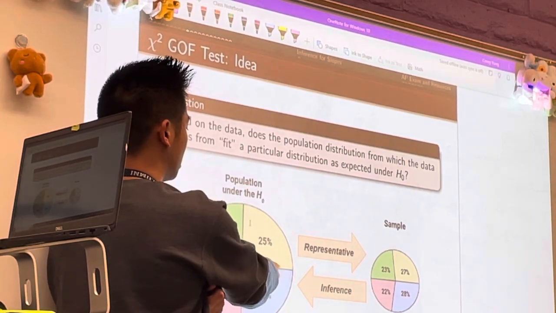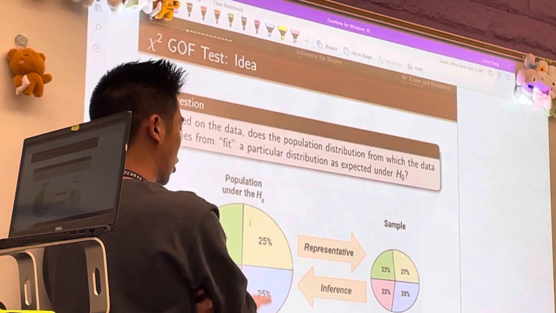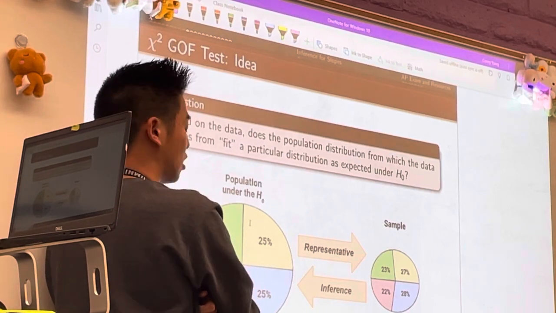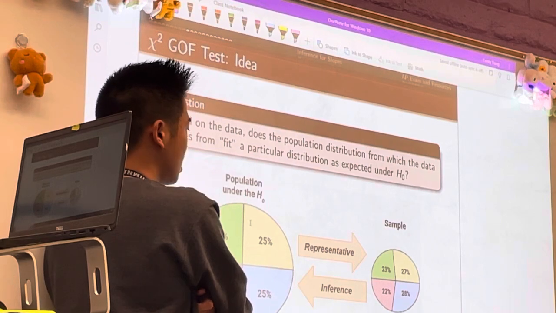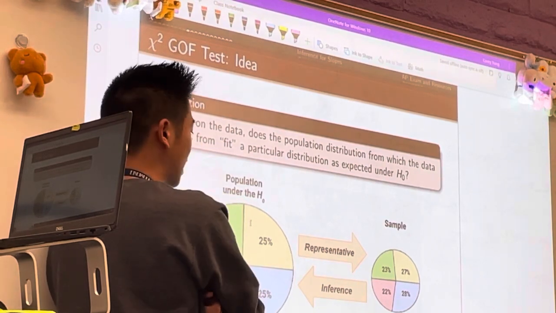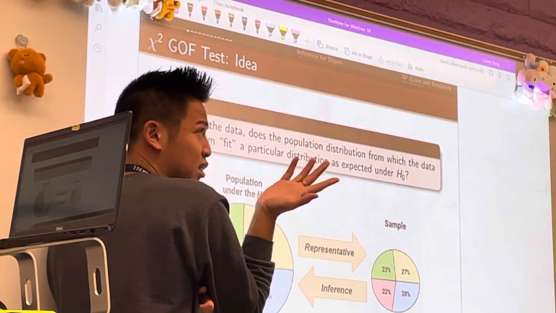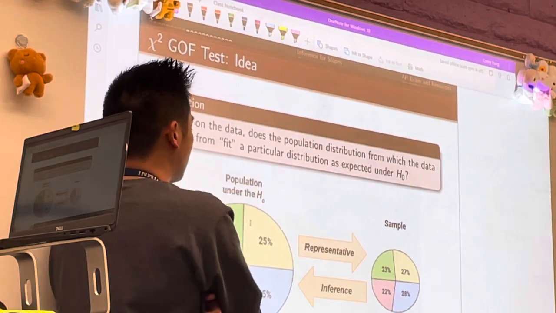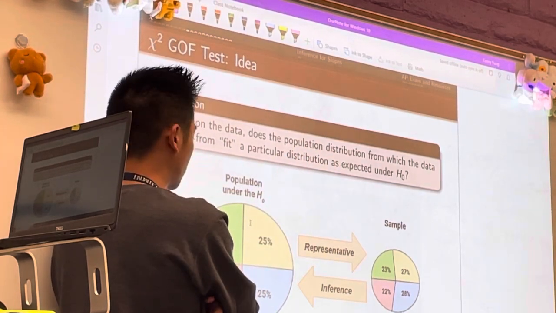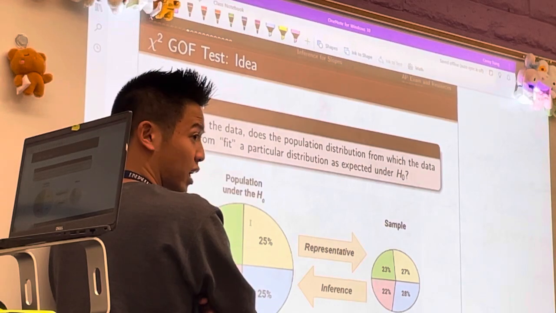Notice that the population is cut up into, in this example, 4 slices. These are my 4 classes. Under the null hypothesis, if I have 4 classes, I could assume right now that each class is equal. A quarter there, a quarter there, a quarter there, a quarter there. This could very much be like at high school